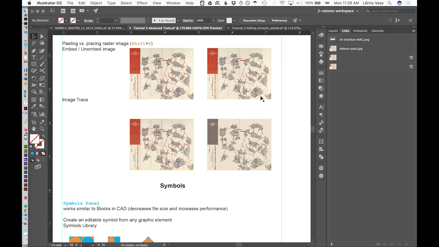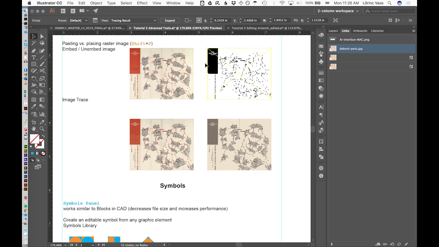When I have either a placed or pasted image and click on the image itself, the top menu offers you the choice to trace the image, and you can just click on image trace, in which case Illustrator is going to analyze the image and choose what it thinks is the best option or built-in preset for the tracing, or you can